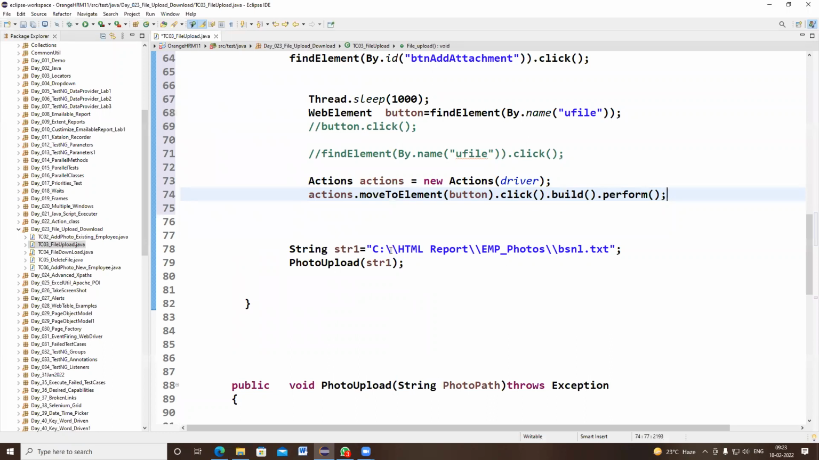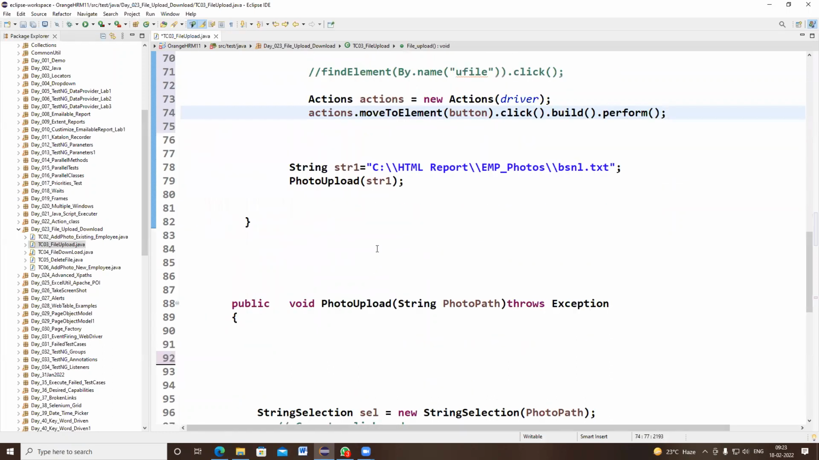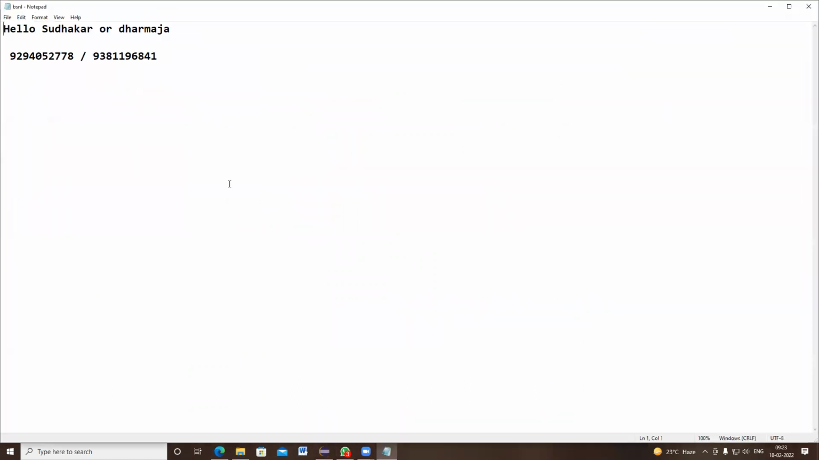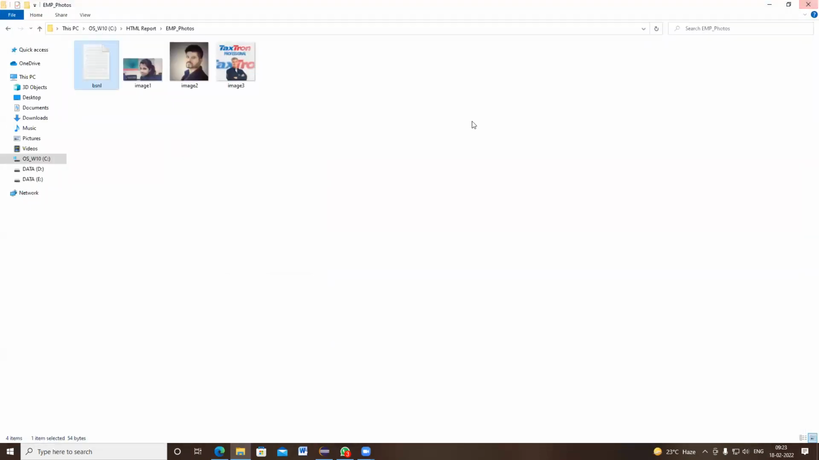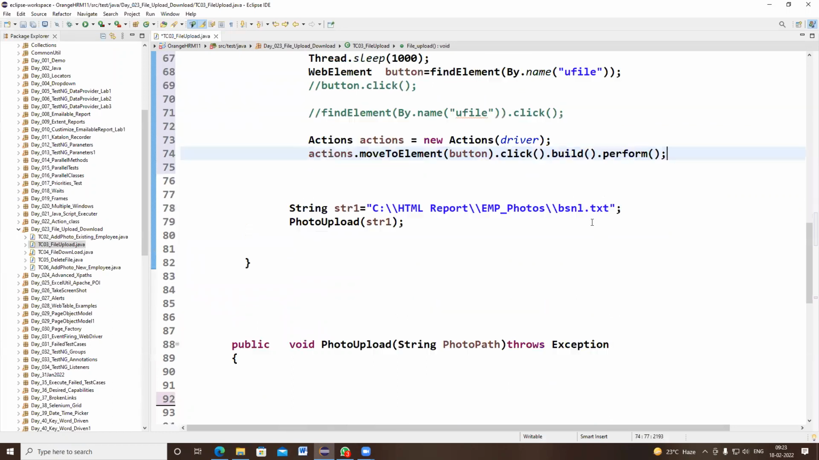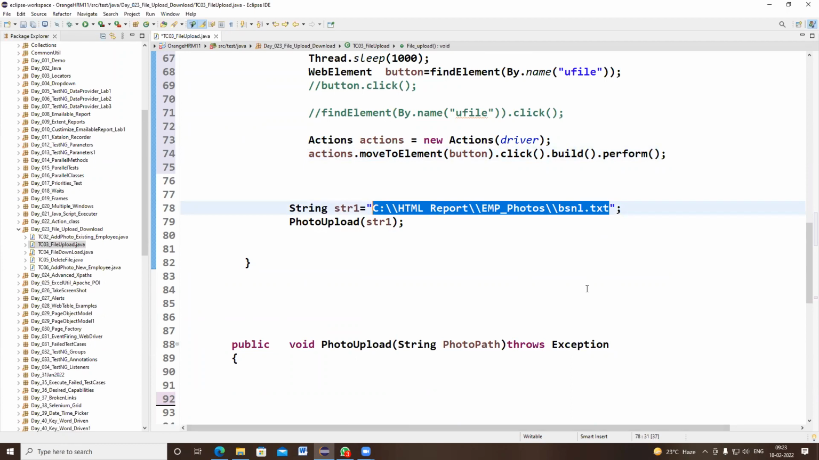Okay, no, C drive HTML report employee photos contains the bsnl.txt file. So this is the file I want to upload, and this is the path I specified in my string variable. So in C drive HTML report employee photos, it contains a bsnl.txt file, and I want to upload this one. So what I am doing is